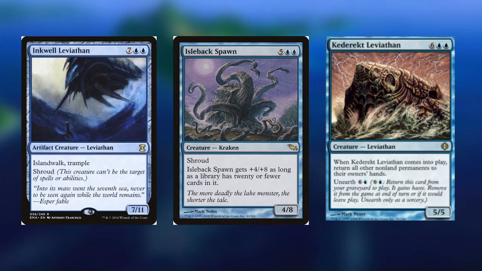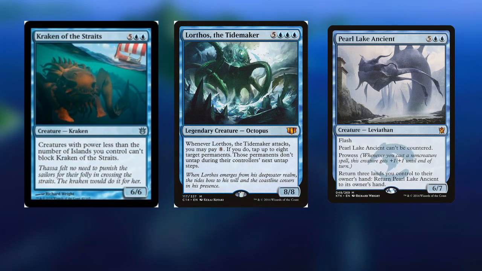Inkwell Leviathan, Isleback Spawn, Kedrick Leviathan. All of these are just beat sticks or have some sort of protection or buffing themselves or recursion. Kraken the Streets, Lorthos the Tidemaker, and Pearl Lake Ancient. Once again, just beat sticks, nothing really special except for Pearl Lake Ancient has Flash, and it could be replayed